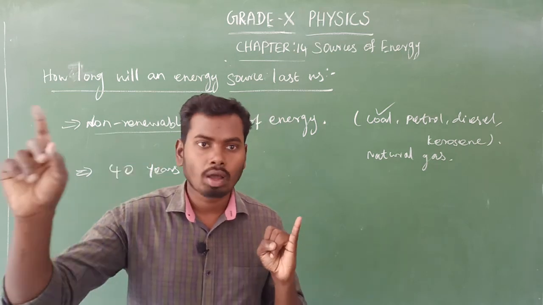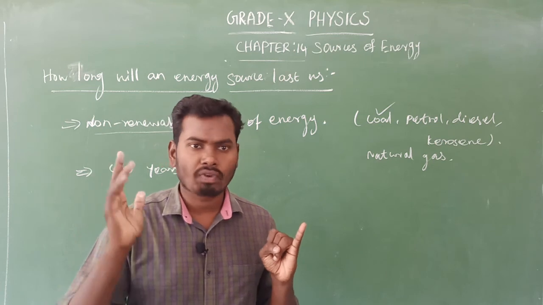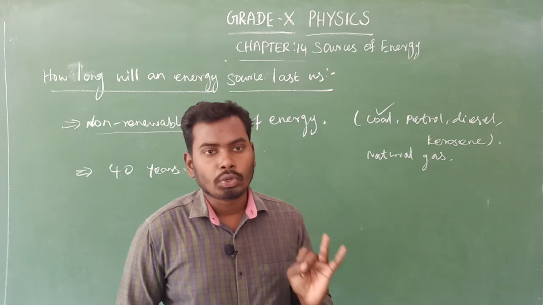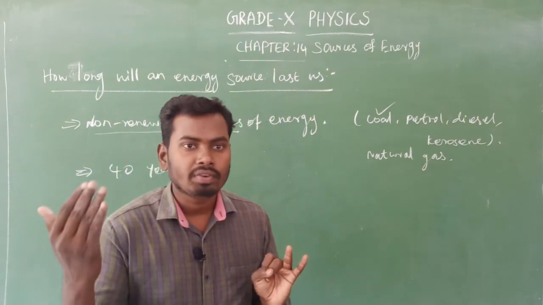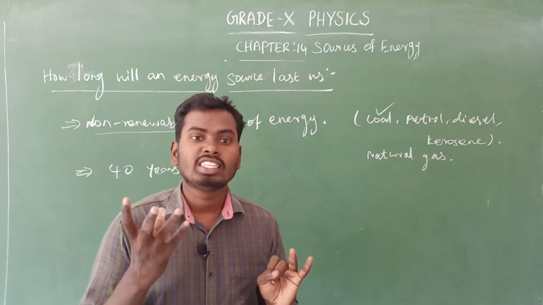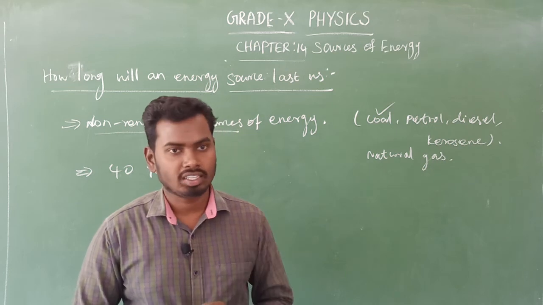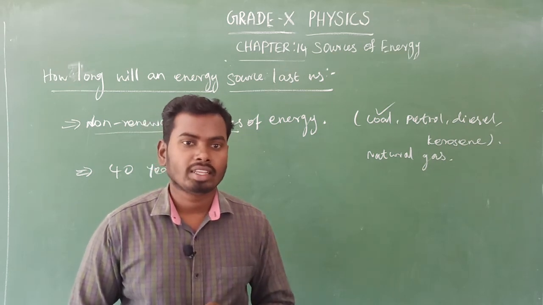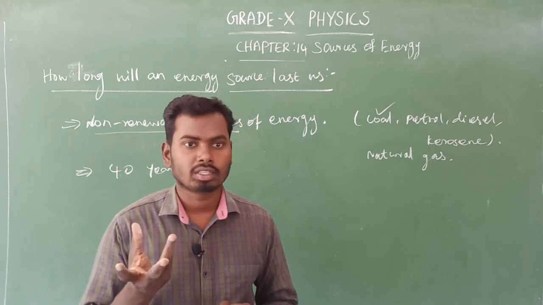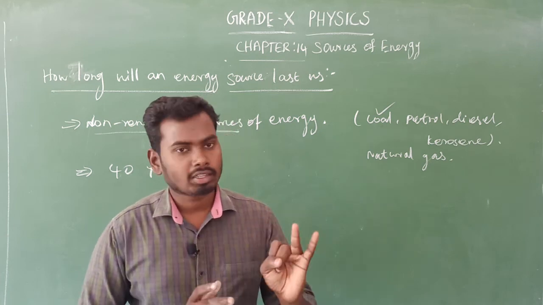Switching off is not only for bulbs, it can be refrigerators, air conditioners, fans, or whatever it is. Second one, use efficient electrical appliances, such as CFL bulbs, because a CFL bulb consumes a very small amount of electric energy compared to a normal filament lamp. In Tamil, that is the normal filament lamp bulb. So use efficient electrical appliances, that is the second point.